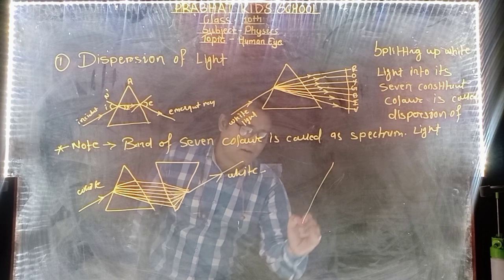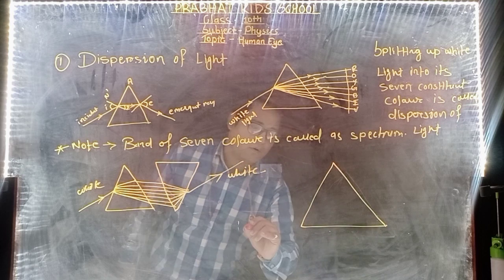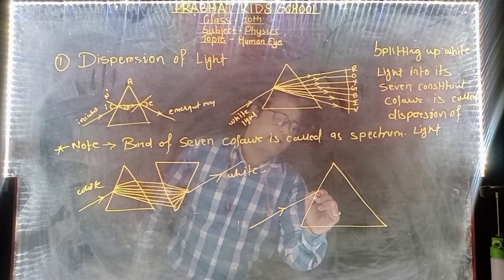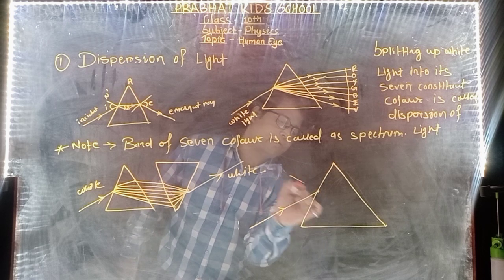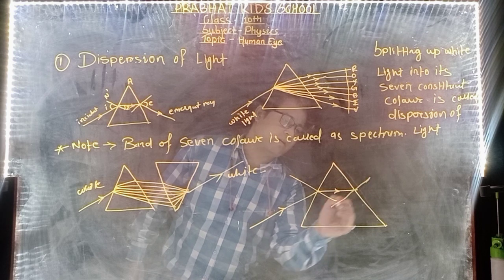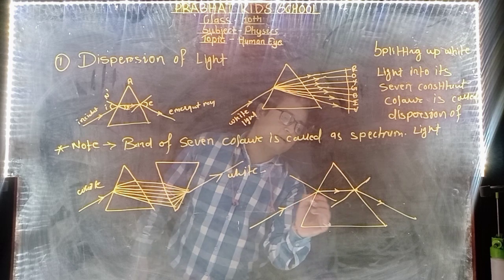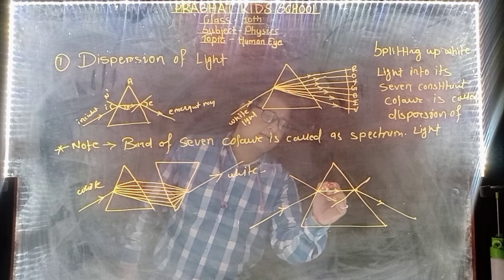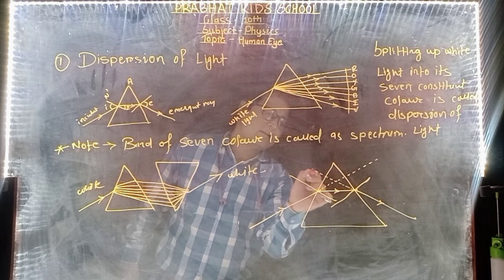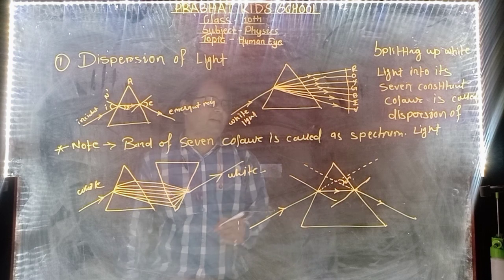Again I am drawing one prism here, a big prism. When white light enters into the prism, what happens? From this point we have drawn the normal line. Then it is refracted. Then again we draw the second normal. It bends away from the normal. Assuming that the incident ray is going in this direction, and the emergent ray is coming from this direction, here one angle is formed. This angle is called the angle of deviation.